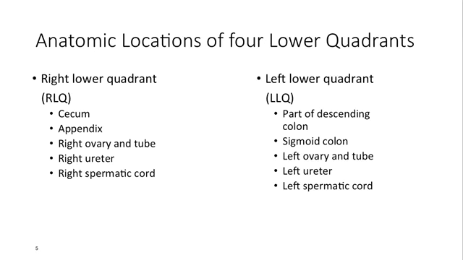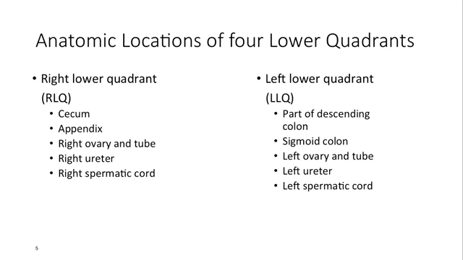Okay, so now we're into the lower quadrant. When we get lower, most people know where their appendix is, that right lower quadrant, mostly because if anybody has had abdominal pain in that region, everyone is concerned they have appendicitis. So your appendix, your right ovary and tube, if you have an ovary, your right ureter, and the spermatic cord on the right. And in the left lower quadrant, you have your descending colon, sigmoid colon, left ovary, left ureter,